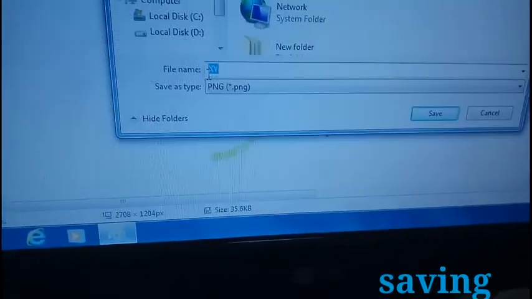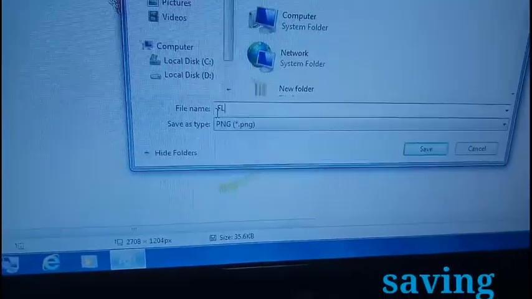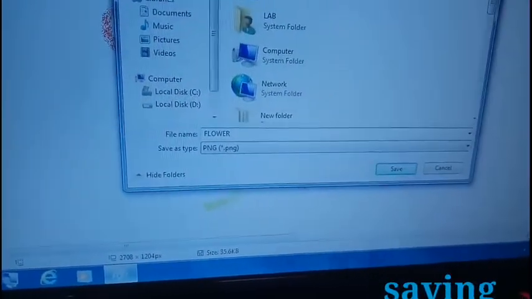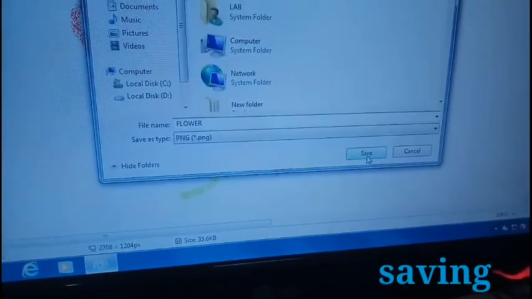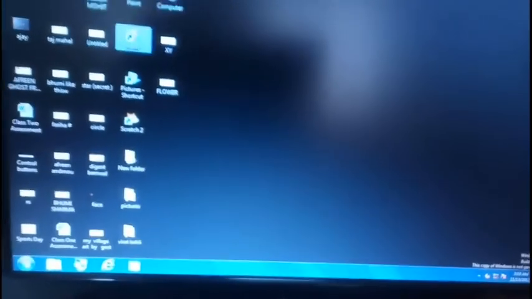In that I will give the name flower. And then I will lastly click on the Save button. Then I will close Paint. I will go to this red colored box, click, and Paint is closed.